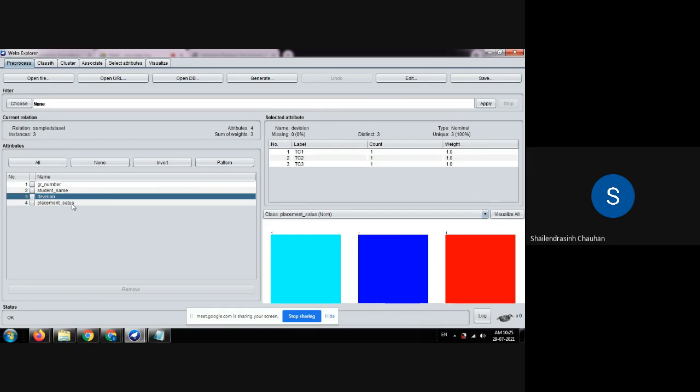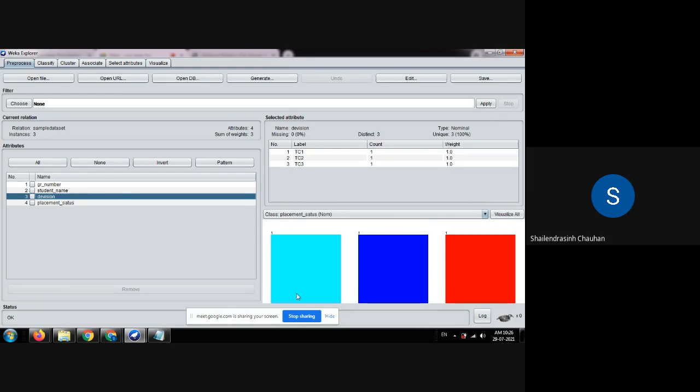Okay, one more thing. This is TC1, this is TC2, TC3. Colors which are light blue, dark blue, and red. That is my mistake. It is not for classes. These colors are not for representing division values. They are representing something else. Fine. So the representation of colors is something else. That is my mistake. Sorry for that.